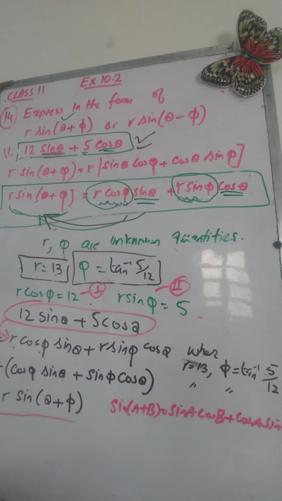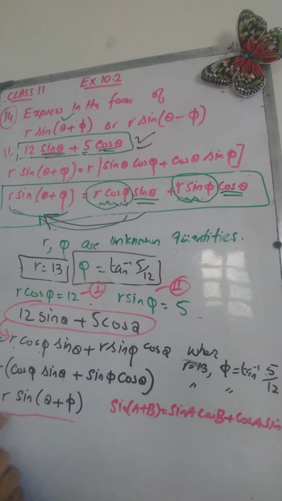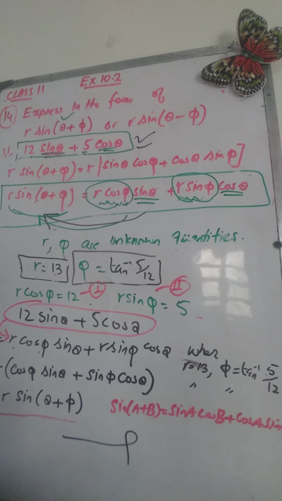by the question. In the question they had asked us to express this in the form of this. We did this, and we have also told them that r and phi are these two quantities. So after putting these two quantities over here, we can say that this expression is equal to this expression, with phi taken as this and r taken as 13. This completes the question as well as the exercise. The remaining parts are the same as this. So do try, and tell me if you have any problem in that.